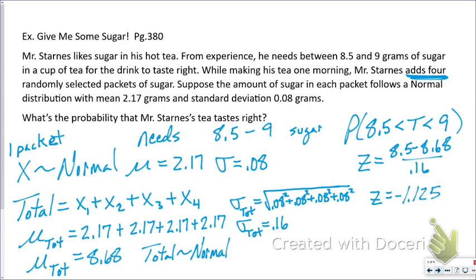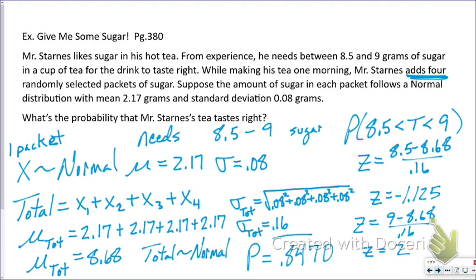And I need to find 9's z-score. I need to grab my calculator and do normal CDF. Negative 1.125 is the lower, 2 is the upper, the mean is 0, the standard deviation is 1, and I should get for a final answer